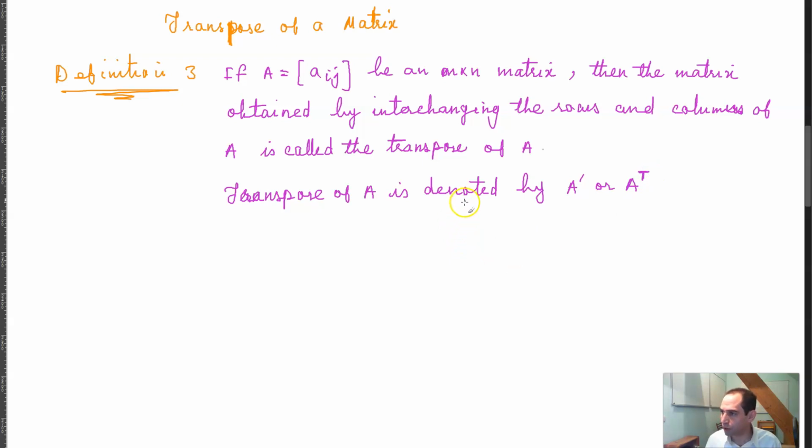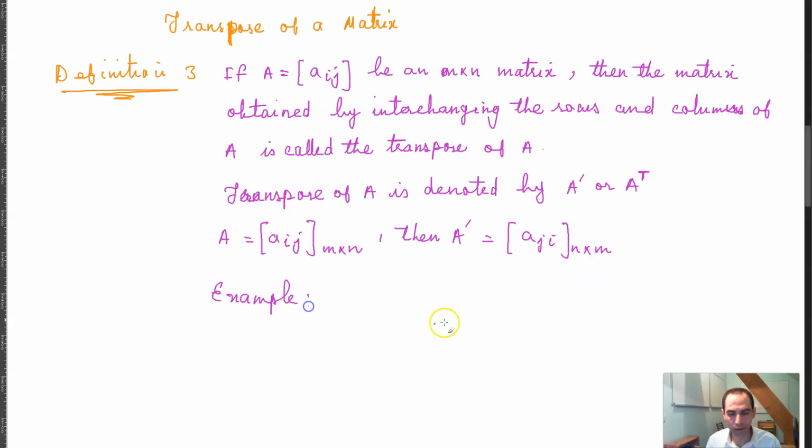In other words, if A is a matrix of Aij with the order m by n, then A prime is equal to a matrix of Aji with the order n by m. M by n, n by m, ij, ji, right? For example,